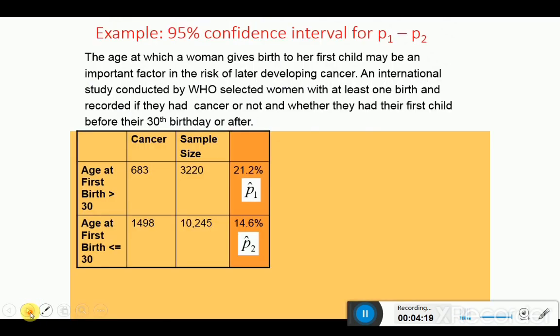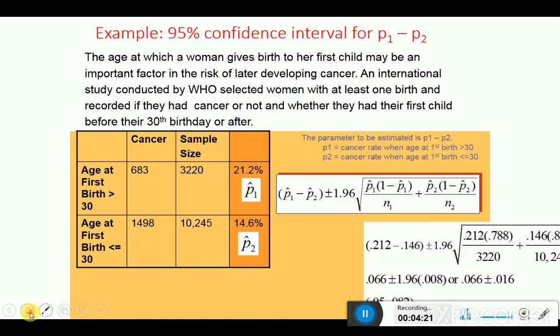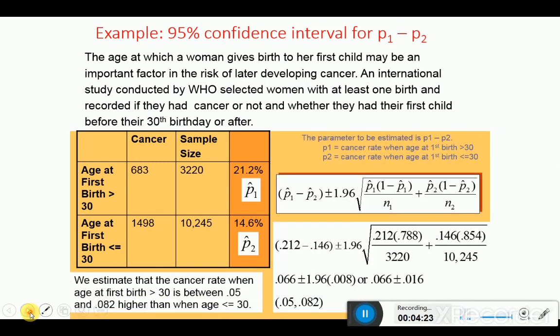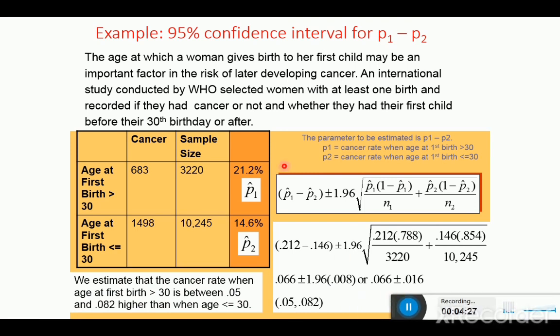Already solved question, mostly from the internet. Let us see how this question is solved. It says to find out the 95% confidence interval for proportion 1 and proportion 2. Now read out the